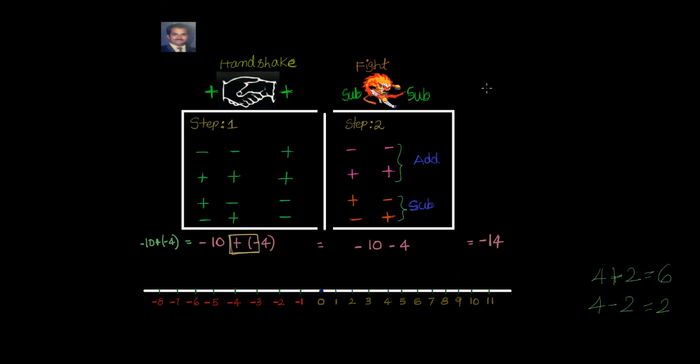So I said, okay, give me some time, let me look into that, and that's how we both together devised a game. This game, which has 2 steps, will help you to deal with negative integers in a funny and interesting way. So let's see what the game is and how it is going to help you work with negative integers. The game basically has 2 steps. First is handshake, second is fight.